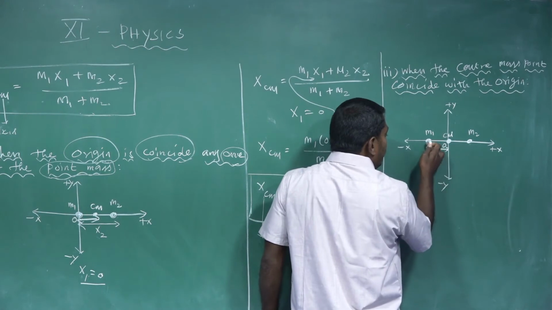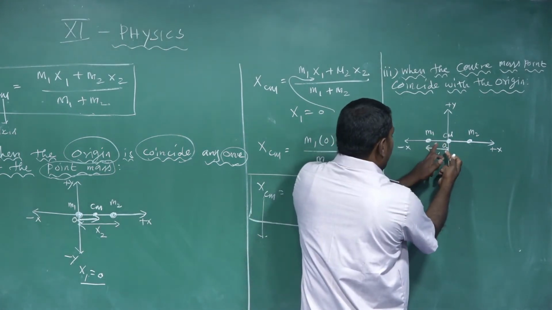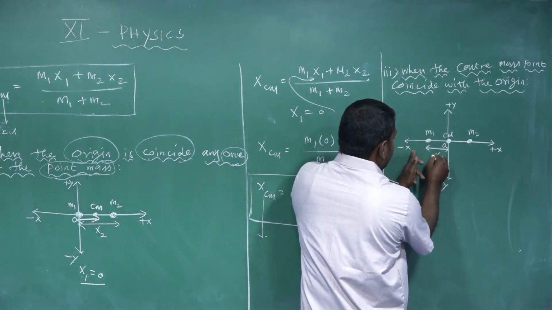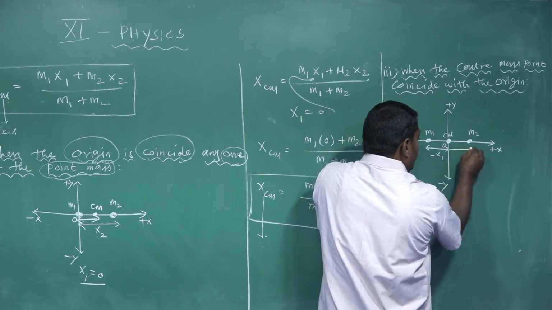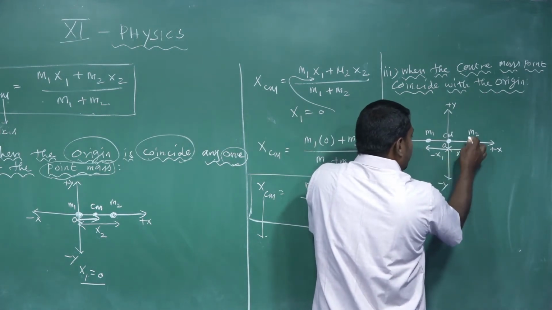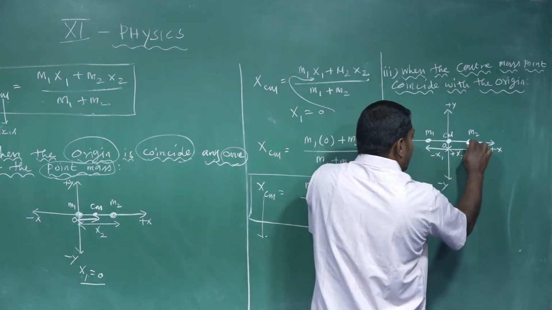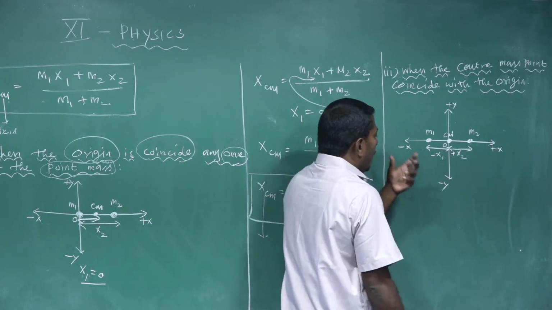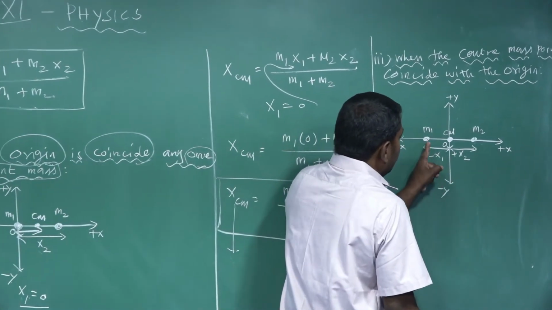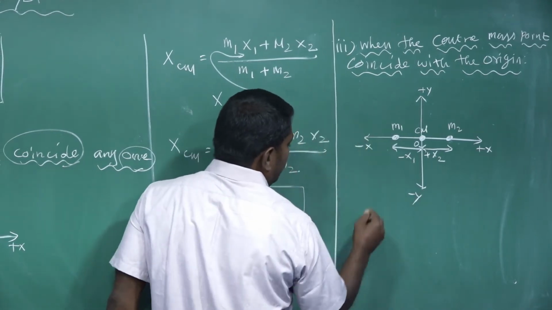X1 is the position of the first point mass from the origin. It is lying along the negative x-axis. That's why that position is taken as negative. Then X2 is the position of the second point mass from the origin. It is taken as positive because that point mass is lying along the positive x-axis. Then how to determine the center of mass point of the 2 point masses of the system? By using this equation